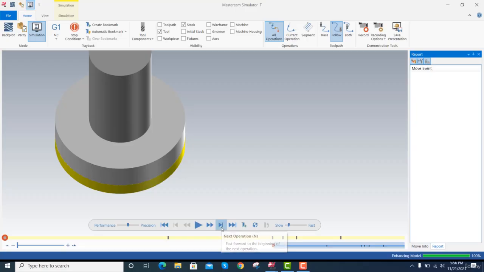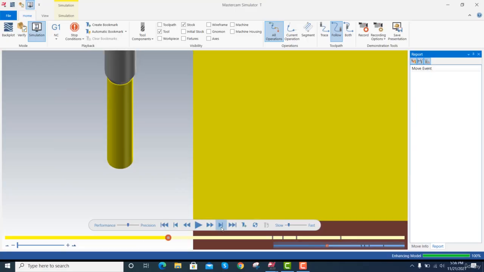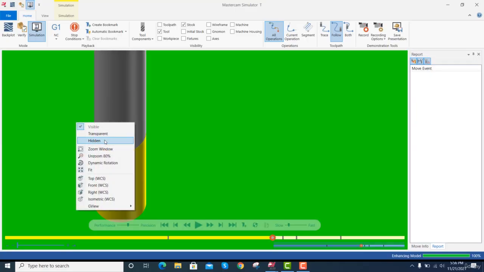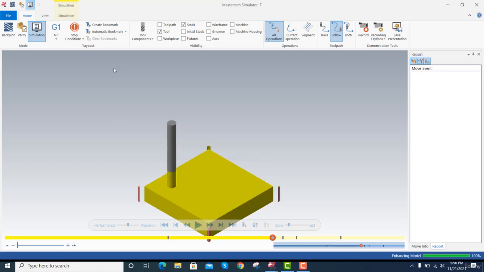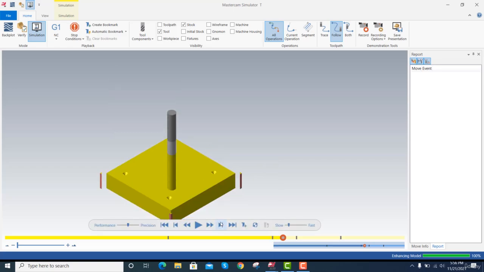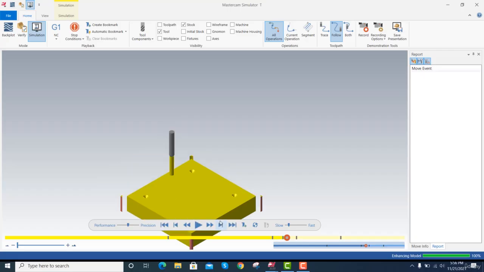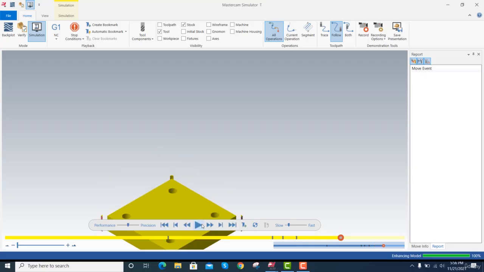Go to next operation, next, and make it fit, and symmetric fit, and next pocket spot drilling, pocket,